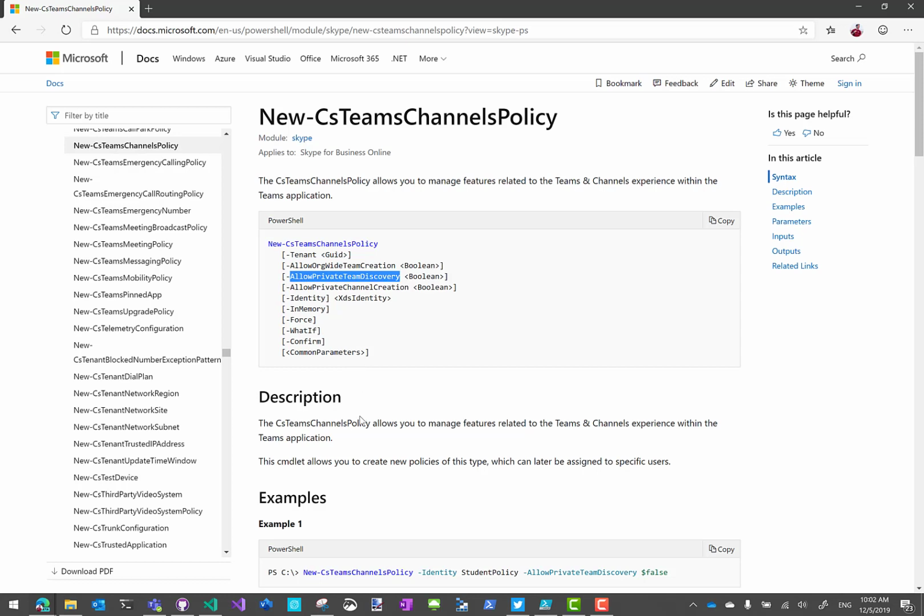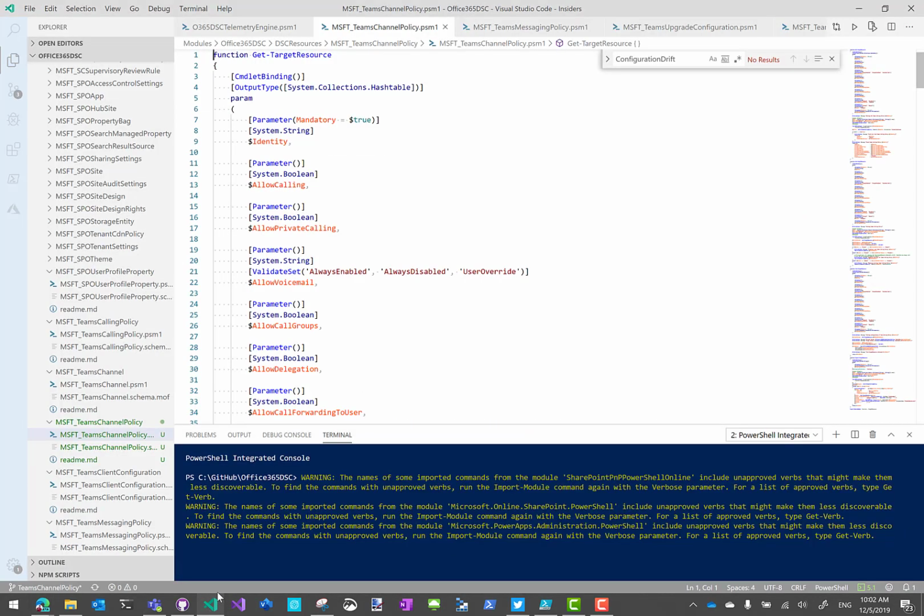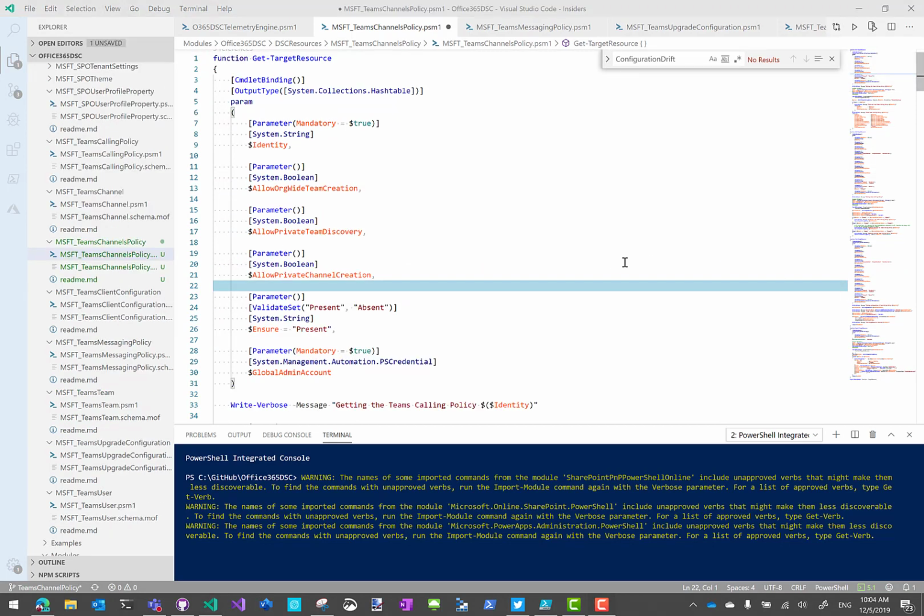So those are the properties that are going to have to be reflected inside of my resource. So what I'm going to do is pause the recording, rename my Teams channel to be Team Channels, and bring all the properties inside of my get target resource method. And we're back. So what I did is I